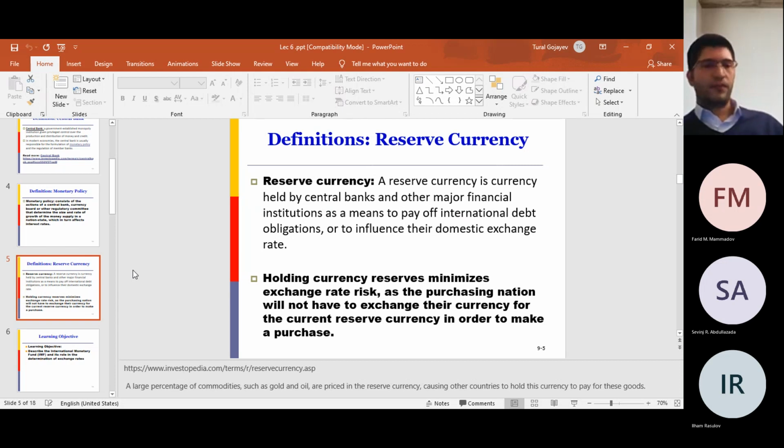For example, by using reserve currency, countries and governments can make purchases because of their obligations. What type of products will they purchase? For example, oil, gas, right? These are the strategic goods for a country, and mostly countries use reserve currency to buy these types of resources, oil, gas, etc.